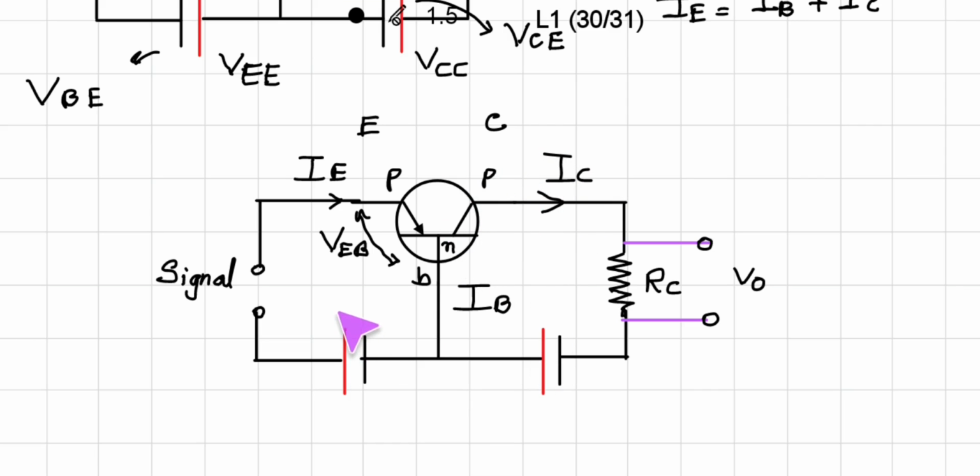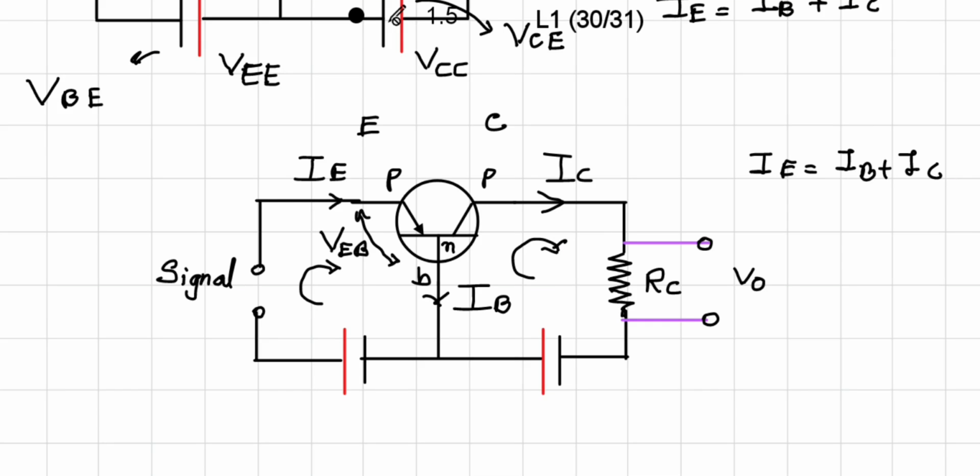Now the direction of current in this circuit will be like this. Again here it is positive, so conventional current direction will be like this. That is why in this case, remember that IE is shown in this direction, then IB. What will be the direction of IB? Here if you observe, IB will be in this direction, this is IC, and again IE is equal to IB plus IC.